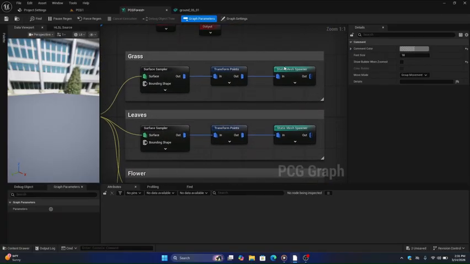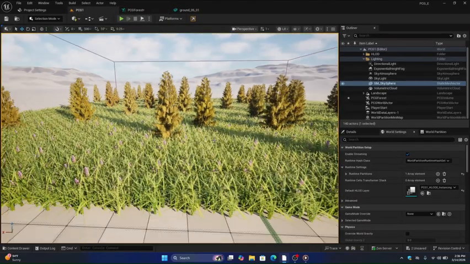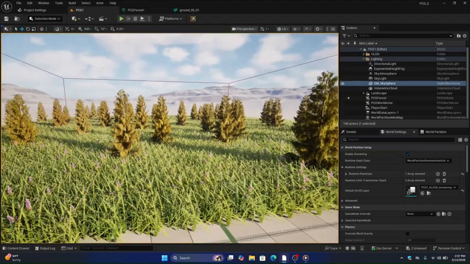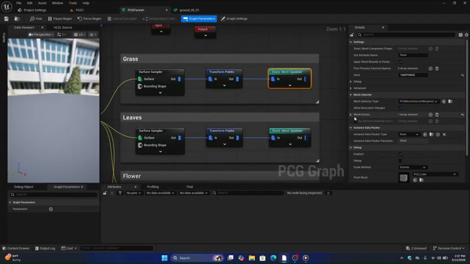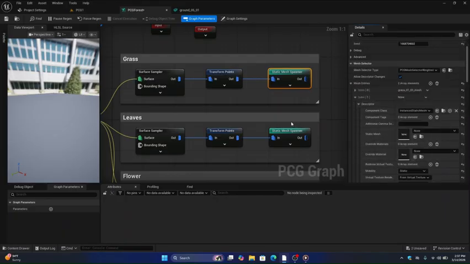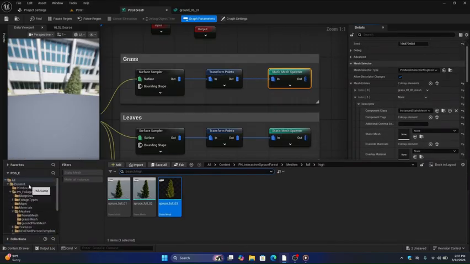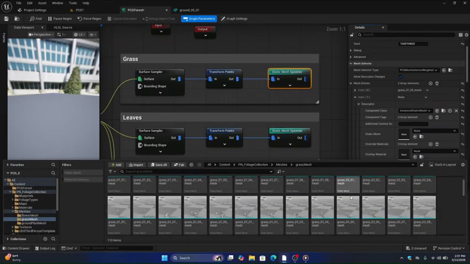add a variation, like we have to add variety of other class static mesh with this one. So now we are going to this static mesh, and here we are going to add another entry. You just have to go to this add button, add, and then go to this setting index and go descriptor, and here we are going to drop our static mesh of our grass for the foliage meshes, grass mesh,